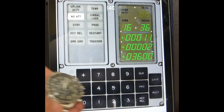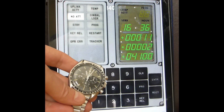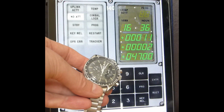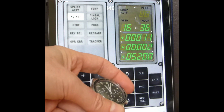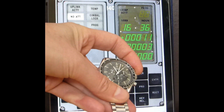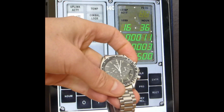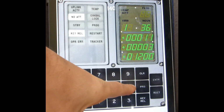time. If you look here, the vintage 145.012, the Speedmaster type worn by Michael Collins when he was in the command module, just straightforward for the time. And obviously if you need to do a chronograph function, you've got hours and minutes, seconds and minutes recorded really quickly and simply. I mean, just going back to the DSKY here, verb 1, 6,